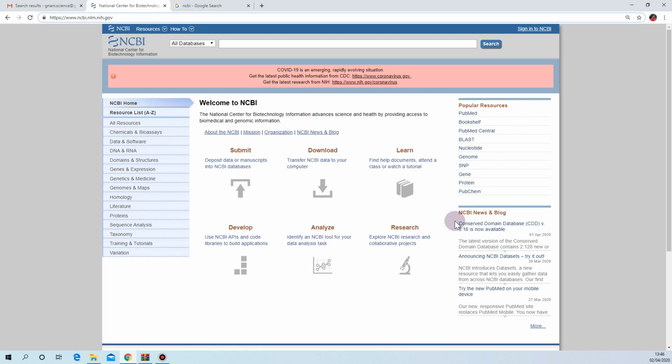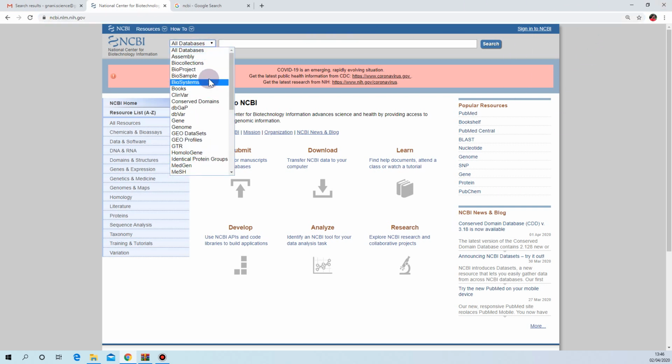Whereas if you try to access DDBJ while you are in India, because of the time zone, we feel a little congestion in the traffic. But obviously when you are downloading small sequences, you cannot find the difference. When you go for larger genomes, then you can really see that difference. So it is always preferable that we use the NCBI database, and this NCBI database has been provided with various